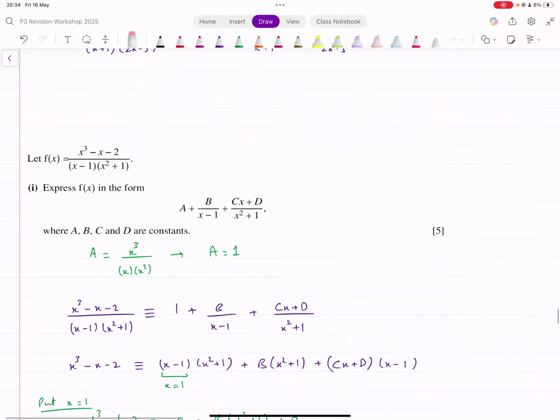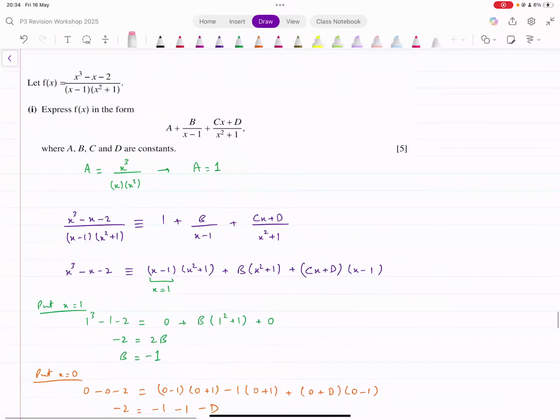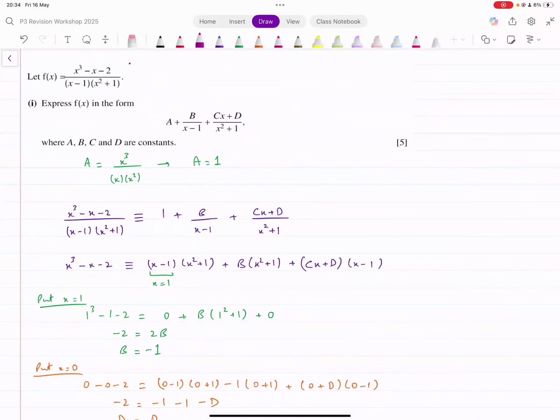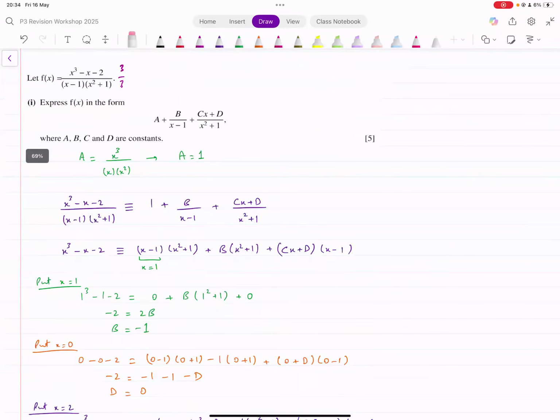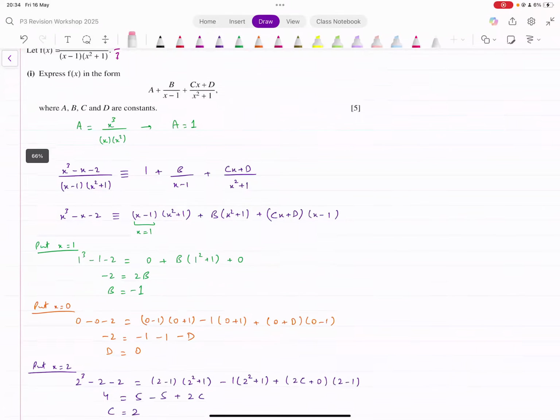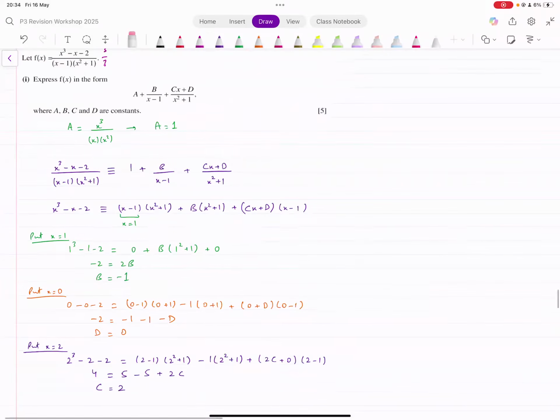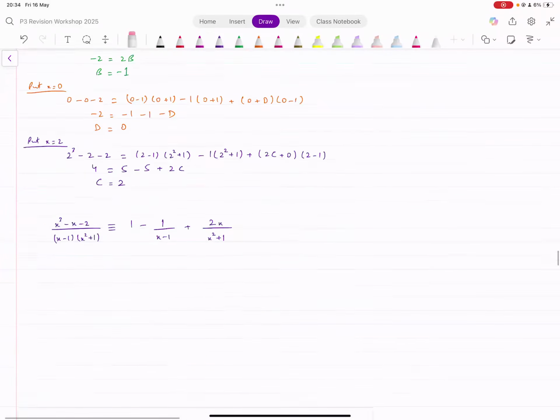This is another example. Sometimes they give you the form like this. Again, it's an improper fraction, right? Because the degree of the numerator is 3. Degree of the denominator is also 3. They have this additional constant here. We know how to find the value of that constant. That's x cubed over x cubed. In this case, a turns out to be 1. And then we follow that same process that we did before to find the values of b, c, and d. You can have a look at this here. One last example